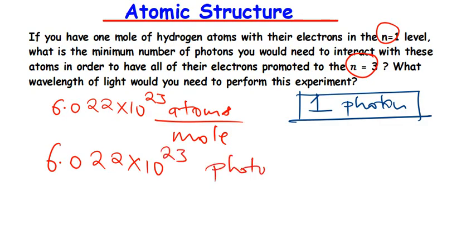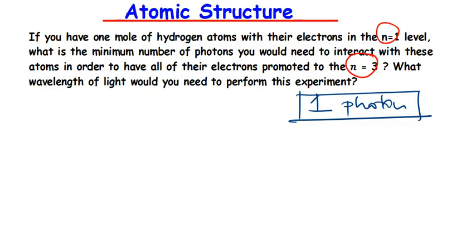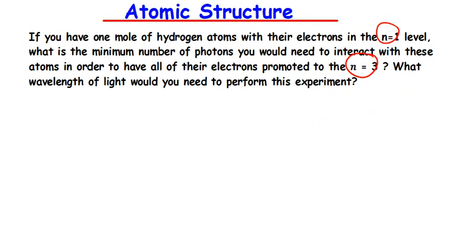So I've explained that for every transition, a minimum of one photon is required. And since we've got 6.02 times 10 to the power 23 atoms in a mole of hydrogen atoms, it's actually going to be the same value for the number of photons required. And then the second question says,